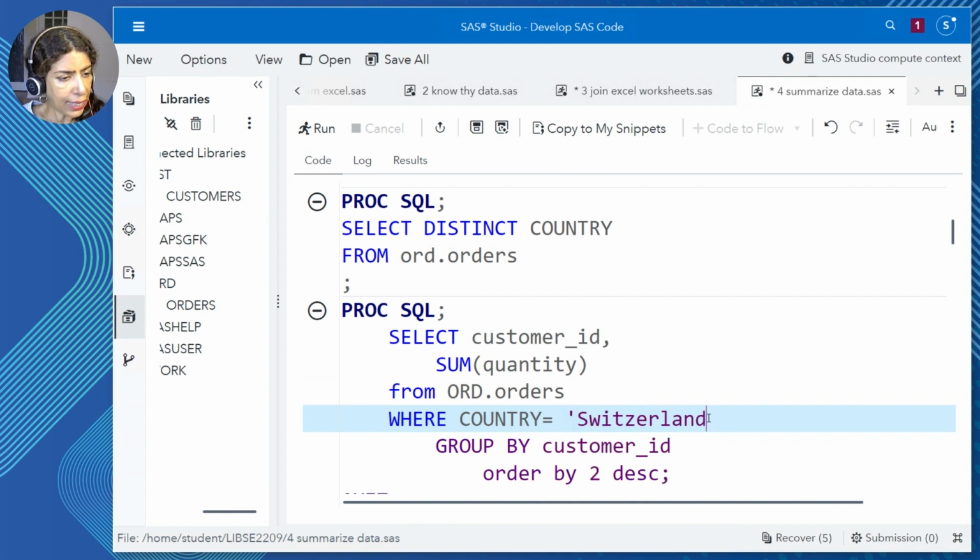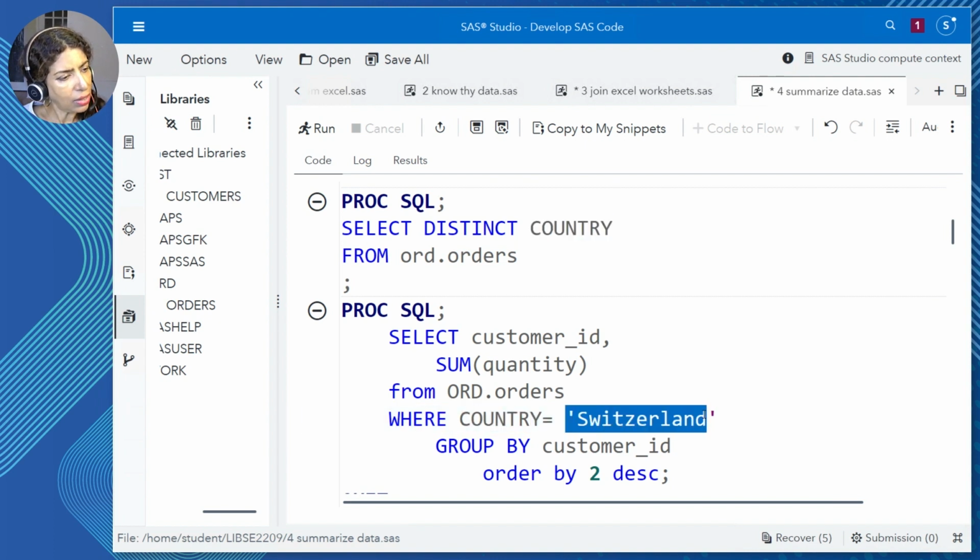On the where clause, another thing I need to bear in mind is a principle that needs to be respected. And that goes like this. Like has to match like. If country is character, any comparison to the right must be character. So enclose in quotations. And SAS doesn't care single or double quotes.